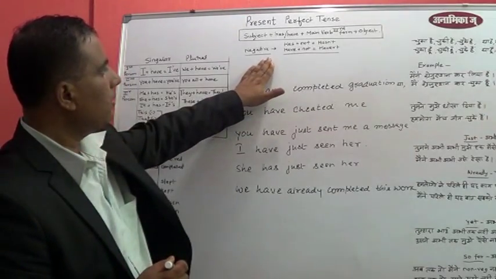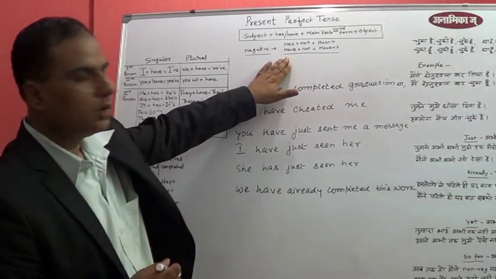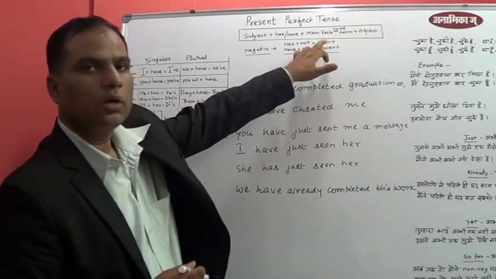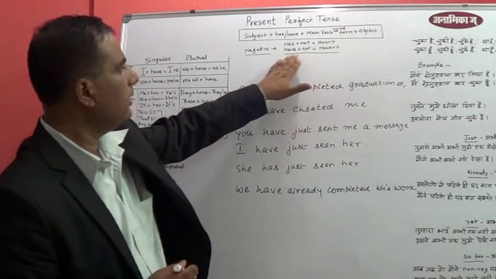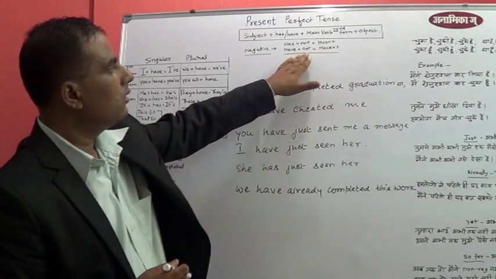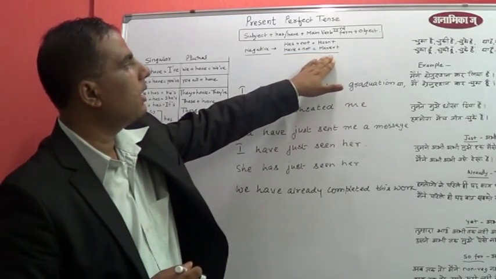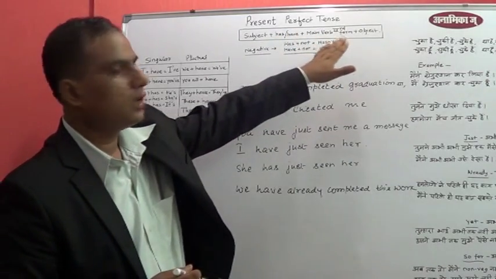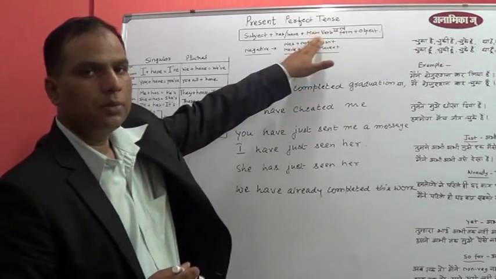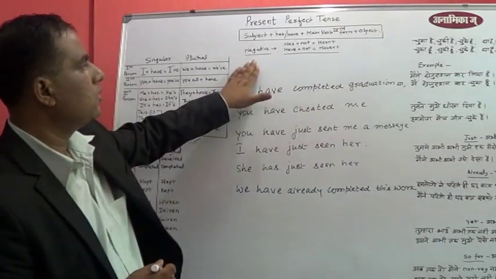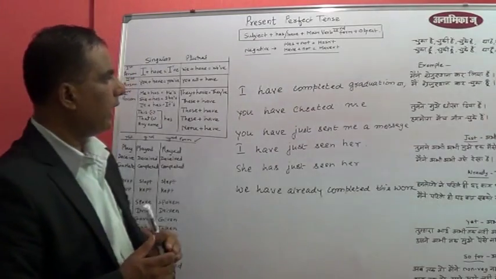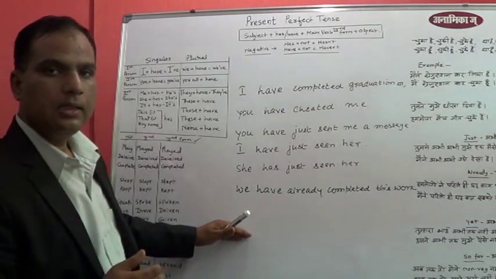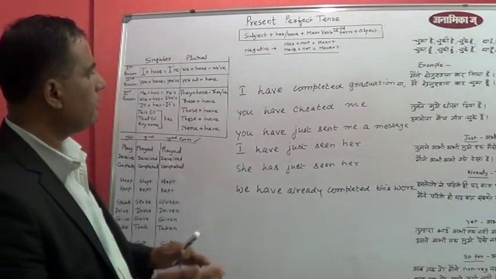तो उसके लिए स्ट्रक्चर में सिर्फ एक तब्दीली होगी. हैज के बाद नॉट आ जाएगा, और दोनों को कंबाइन करके आप हैजंट भी कह सकते हैं. सिमिलरली हैव will also have not, and in combined form you can say haven't. बाकी सारा स्ट्रक्चर सेम रहेगा. वर्ब का थर्ड फॉर्म इधर भी आएगा. So now we will try to convert a positive into negative and see how the sentence is framed.